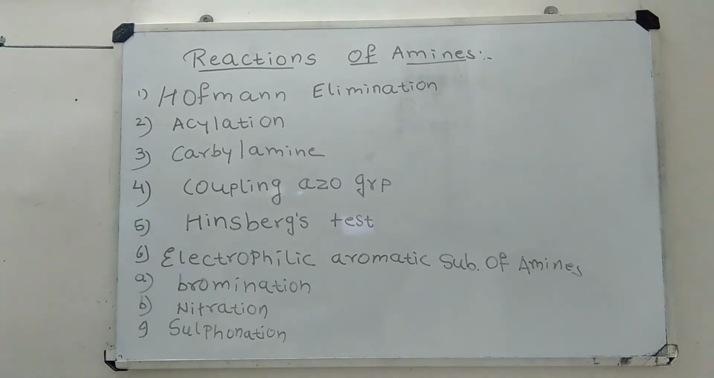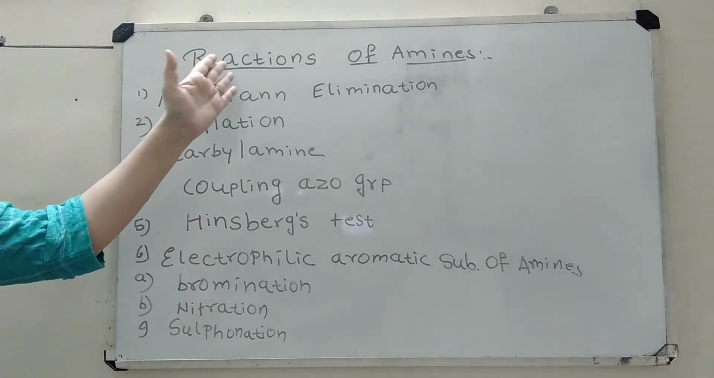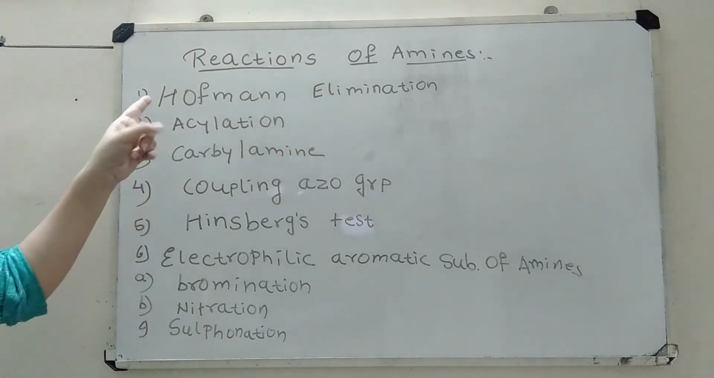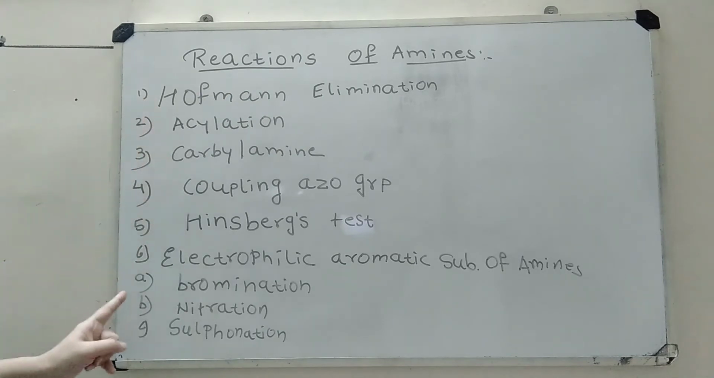Hello friends. In the last session we have completed the preparation methods of the amines. Today we will learn about the chemical reactions of amines. It is the last part of this chapter. Now how many chemical reactions of the amines are there? There are a total of six